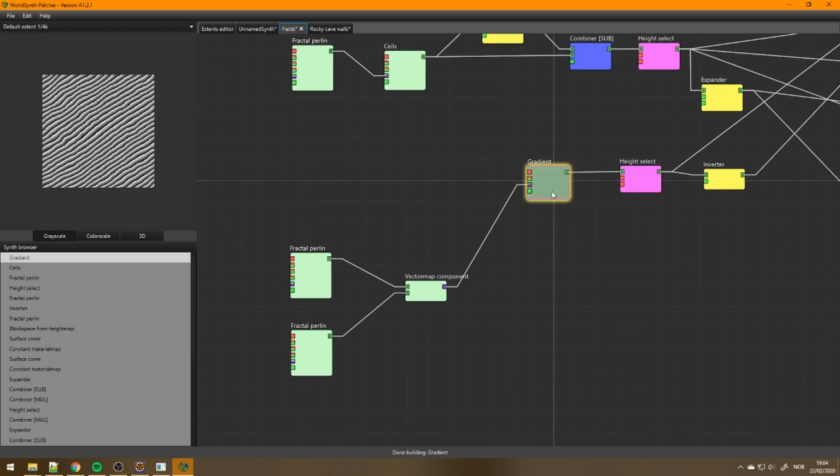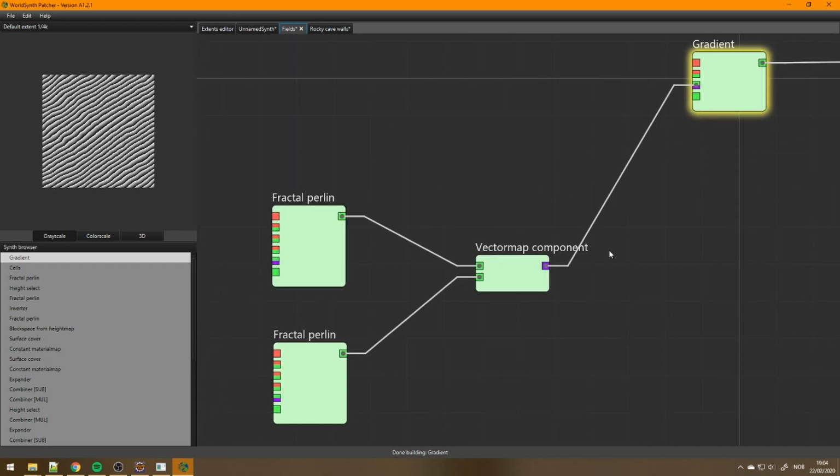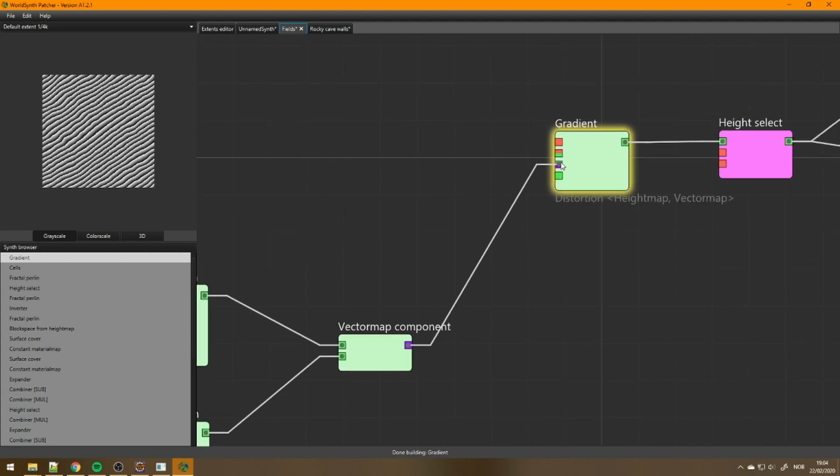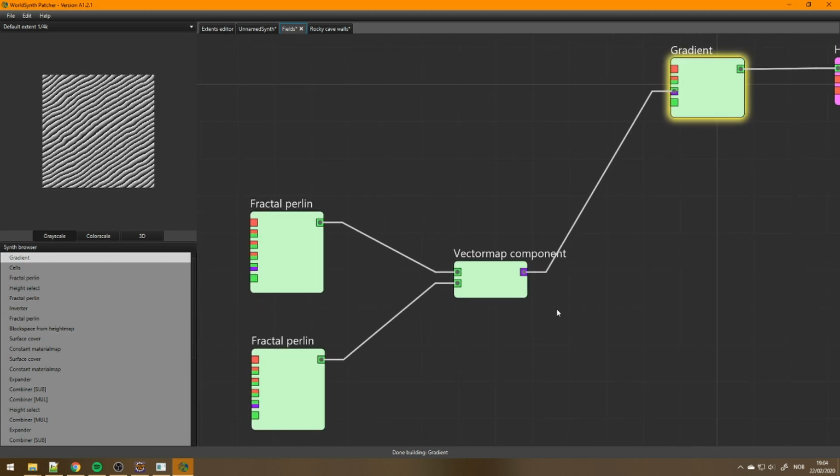It also works for many other generators. Here we have the gradient, which we can also see, but we can see that it has a vector map as an input, as the distortion input takes both height map and vector. The vector map gives you a little bit more control, which brings us down to the new